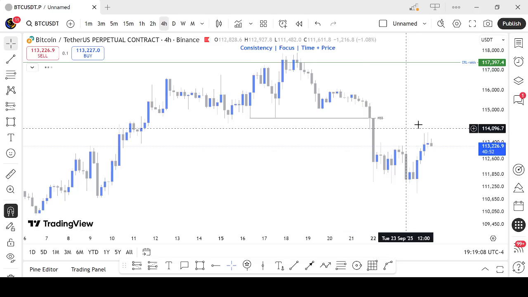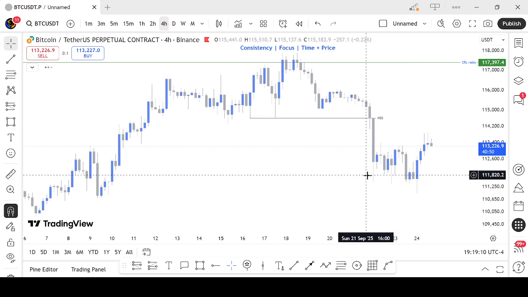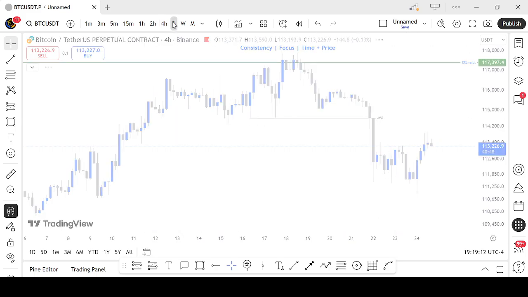And the price is going to reject it and go lower. So on the daily time frame for Bitcoin,